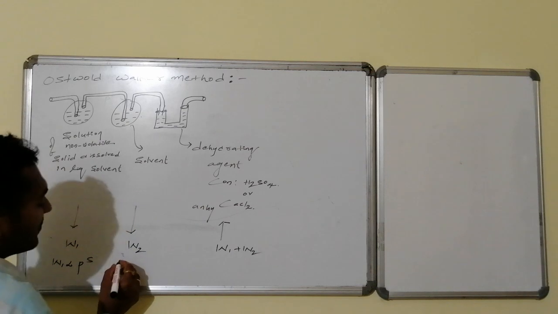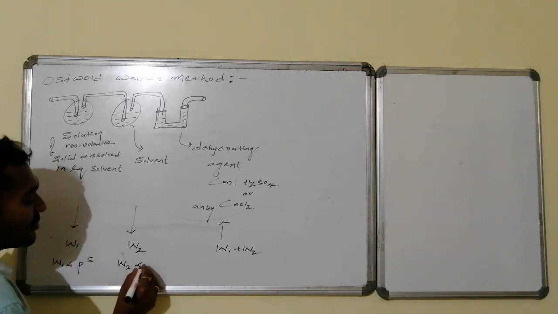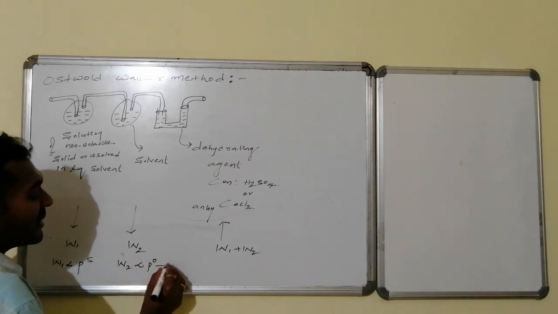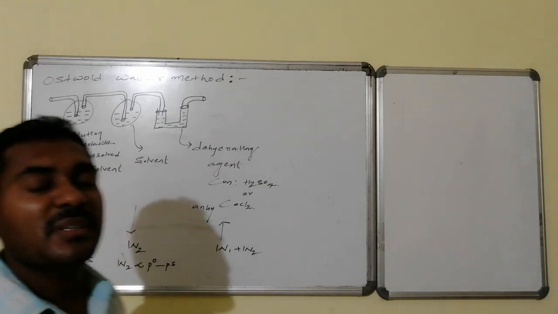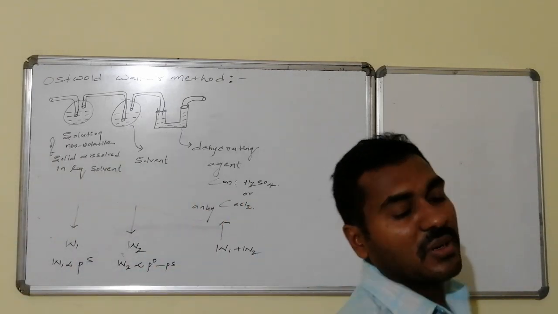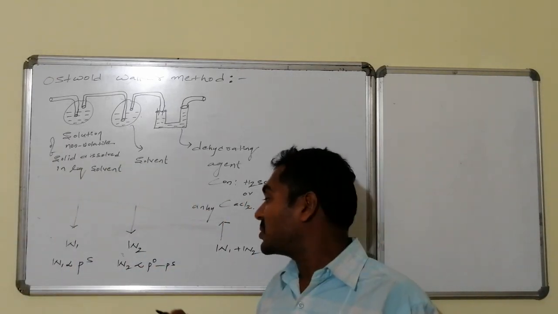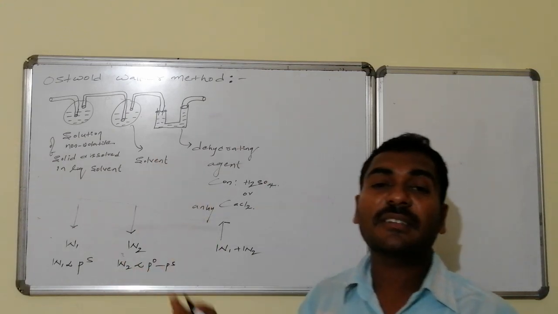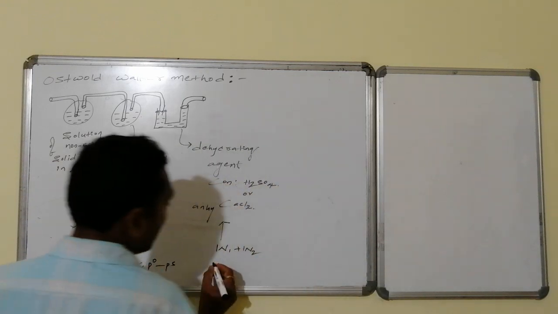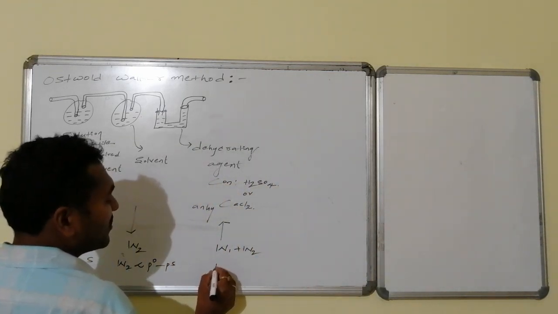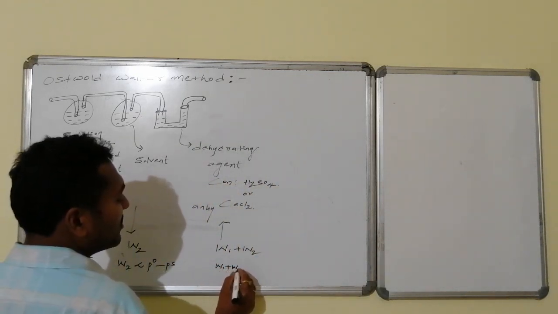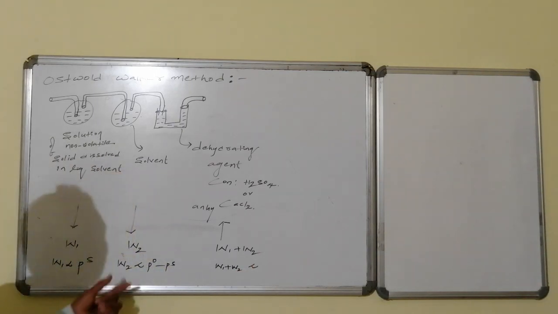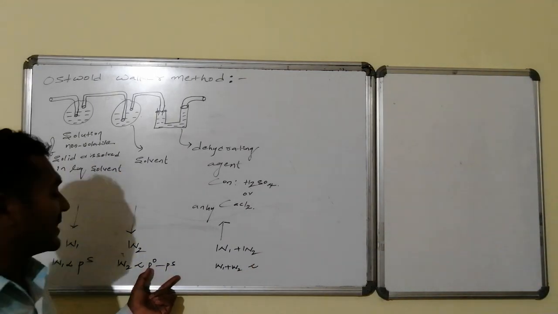That more saturation is done in the second chamber. Therefore that weight loss W2 is proportional to P0 minus Ps, that is, the vapor pressure difference of pure solvent minus solution. The corresponding weight of that gap is lost in the second chamber. Whereas W1 plus W2 becomes equal to W1 plus W2. What will W2 become equal to? W2 will become proportional to P0 minus Ps.